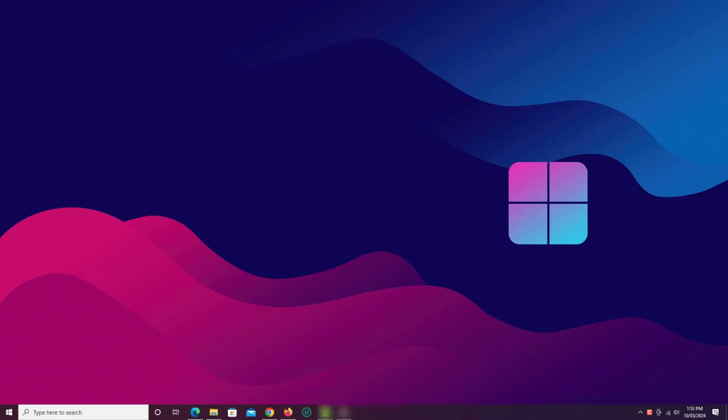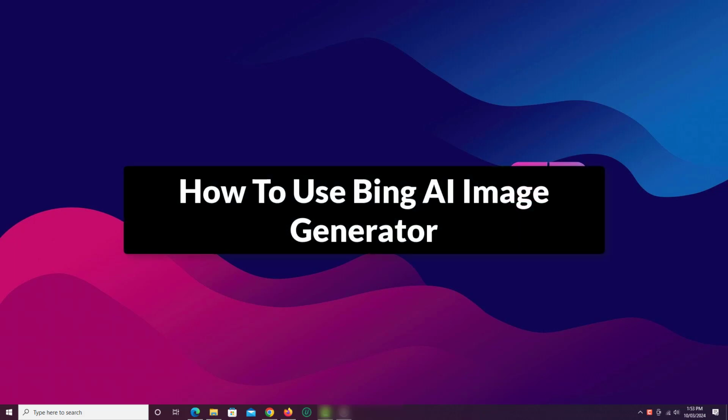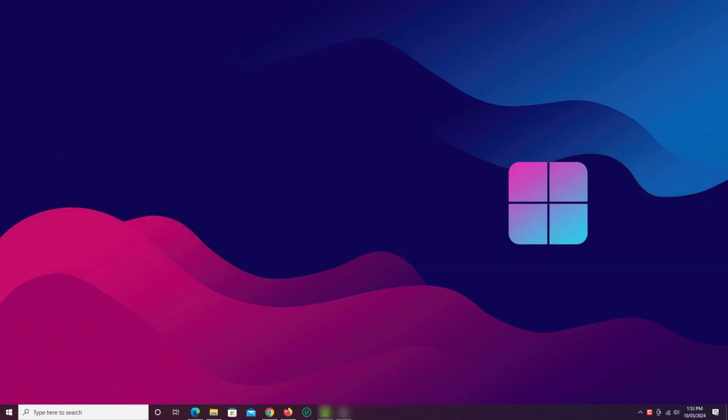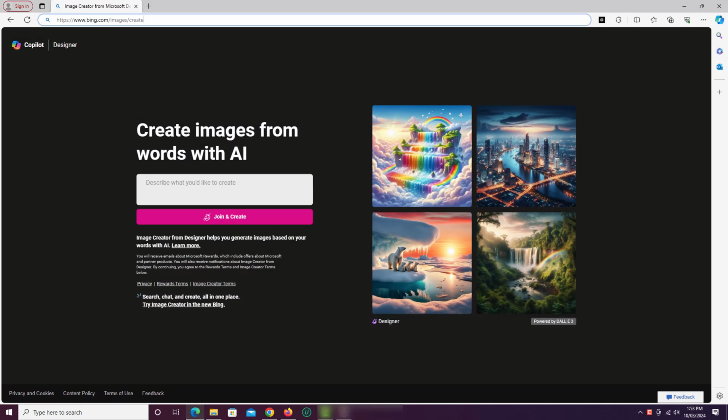In this video, I'm going to show you how to use Bing AI image generator. This way you can generate high quality images quickly. So let's get started. First, open any web browser and go to